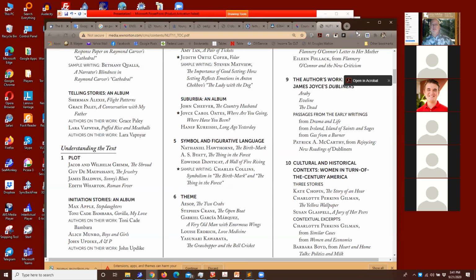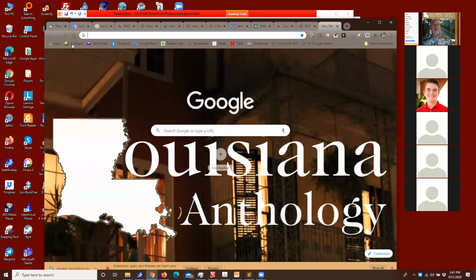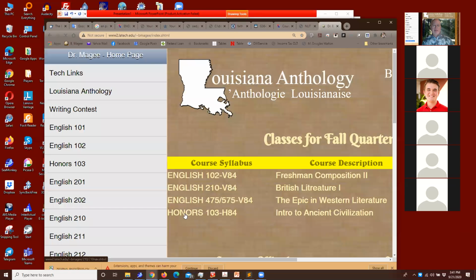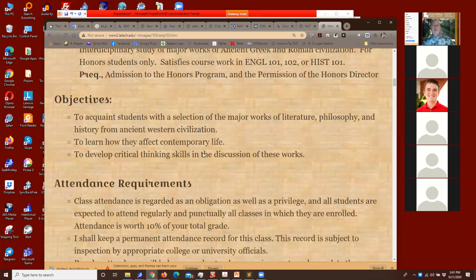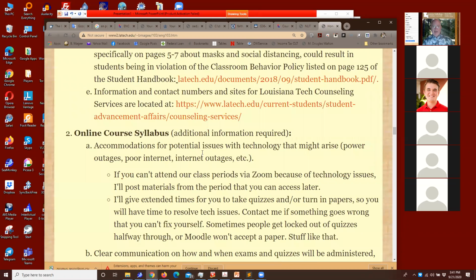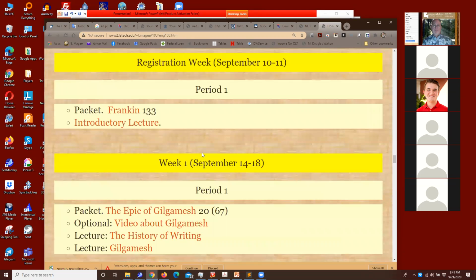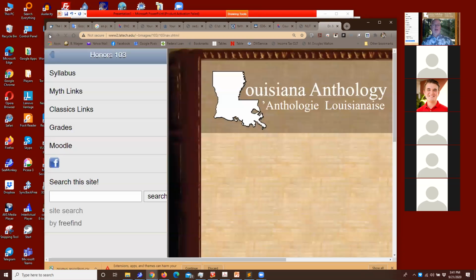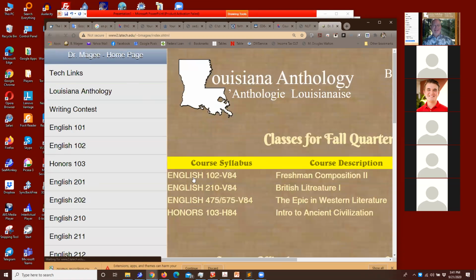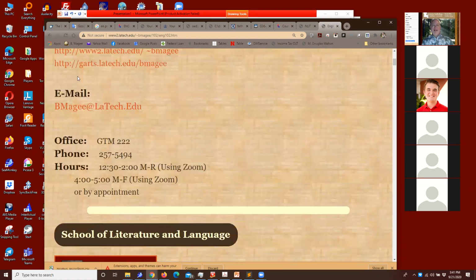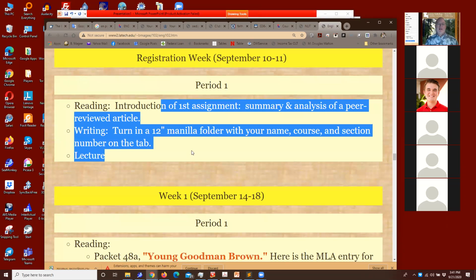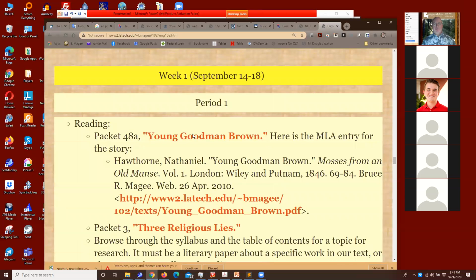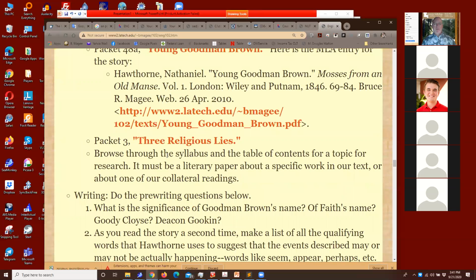Let's take another look at the syllabus. And we are a day behind. Questions about the book. What's that? Is it the one that has a bunch of questions about Young Goodman Brown? Okay, so for our first period, had we had it in the proper week, this would have been, crap, I'm in the wrong class. Let's get in the right class. Sorry about that. All right, so we would have introduced the class during the introduction week, but we didn't have a class period. So we pushed everything one day late.